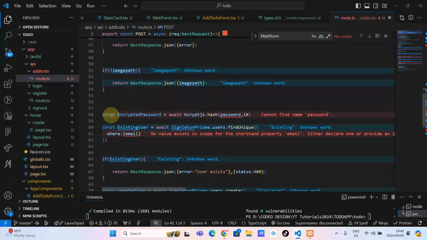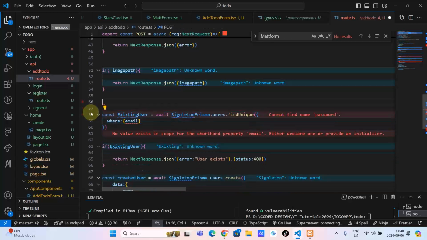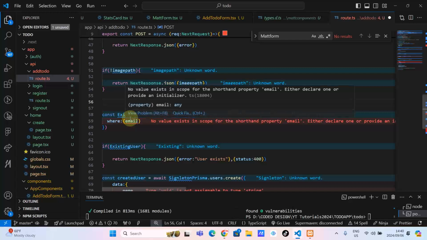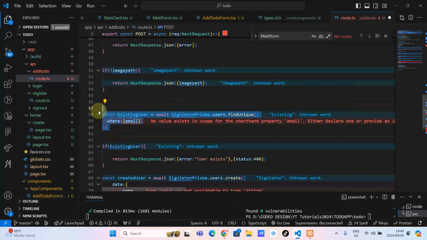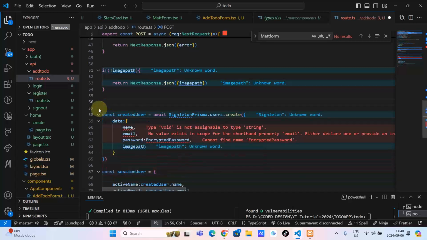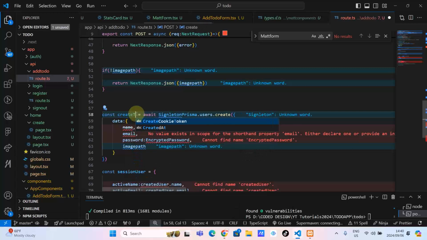And then encrypt password, we are no longer dealing with password now because we are not adding a user. If existing, I don't think we need to test if the task exists. We don't really need to test if the task exists, or if the user exists. We don't need to test those. Const create, let's say create task,